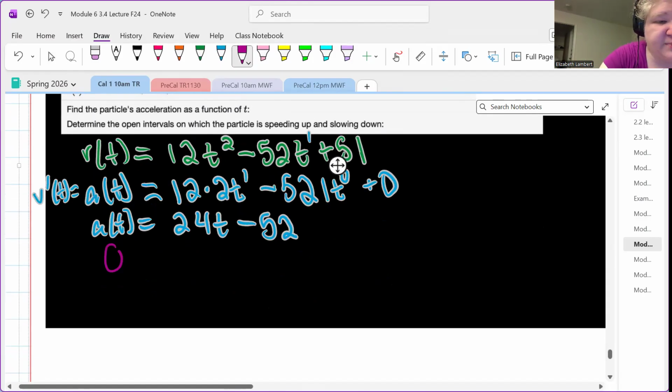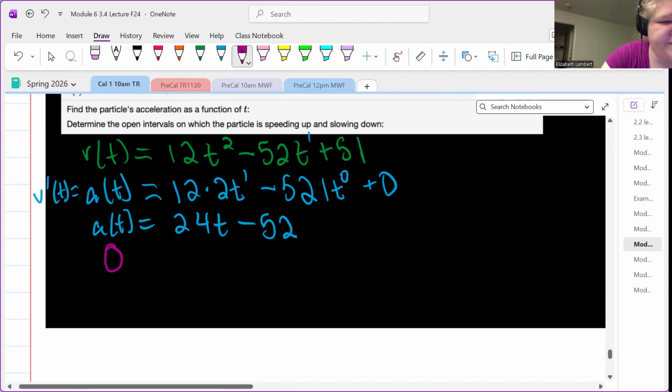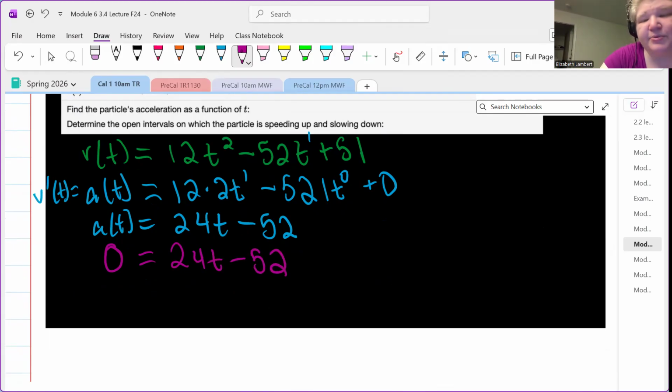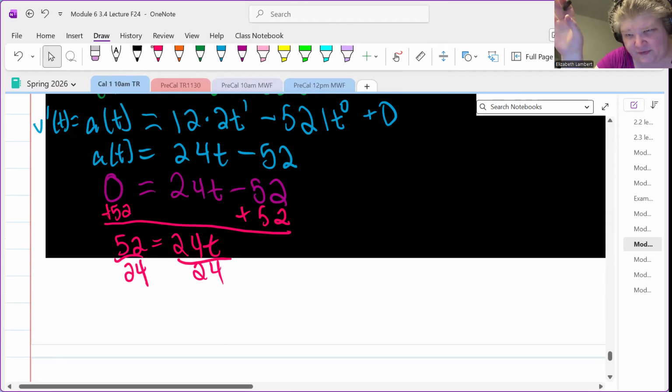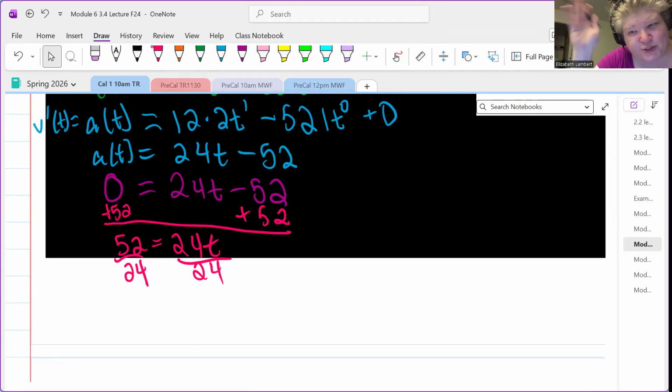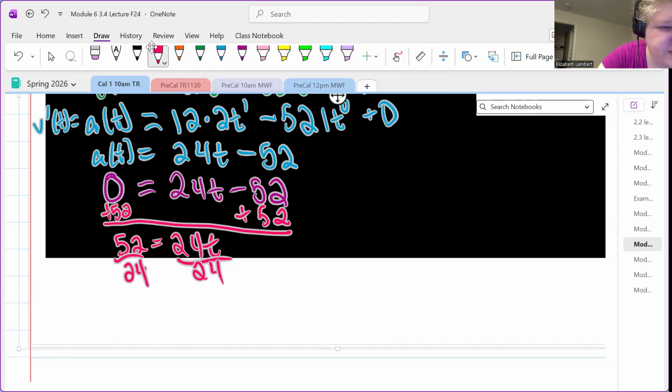So to figure out the turning point for acceleration, we're going to set it equal to 0. Now, it's not a particularly nice number, but at least we're not having to use the quadratic formula. Add 52 over, so I have 52 equals 24t. Then I divide by the 24. All right, and that is at least divisible by 4 and only by 4. 52 cards in a deck of cards, 13 cards in a suit, and there's 4 suits, so 52 is 4 times 13. It's the only reason I remember that fact. So this reduced is